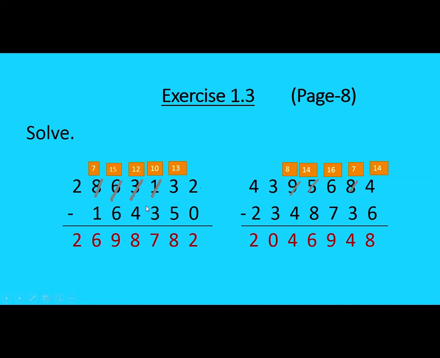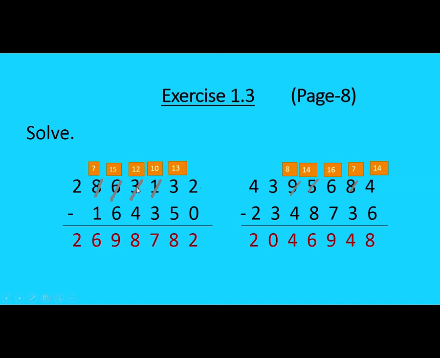Okay, when we get 1 from here, which number will be left over here? That is 0. So this is 0. Now 0 minus 3, again subtraction is not possible. We get borrow from the next value in the same way as I explained in the previous step, that we get borrow from here and it will make it tens place value, so 1 and 0 make it 10. 10 minus 3, we get 7.